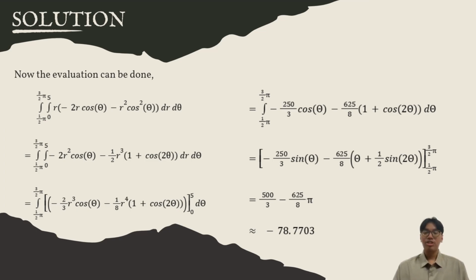Now, for evaluation, we are going to first distribute the r and integrate with respect to the radius r, evaluating it from 0 to 5. This simplifies our expression nicely, leaving us with a single integral in terms of theta. So, we are going to rewrite cos squared theta using a double angle identity to make it easy to integrate. After computing the definite integral from 1/2 pi to 3/2 pi, we arrive at our exact analytical solution, which is 500/3 minus 625/8 pi. Putting that into a calculator gives us approximately